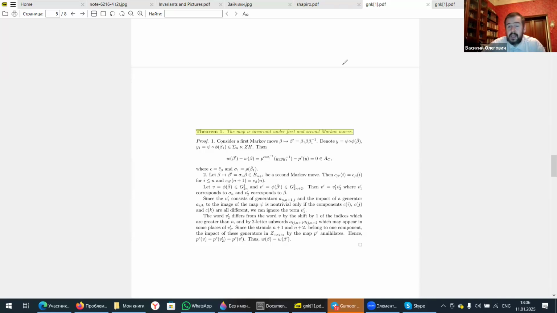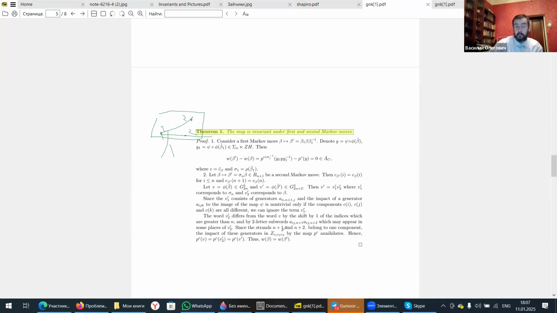Actually, there are many questions concerning this construction. Maybe we can choose not only 3 strands, but n strands if we have a link with n components, or maybe more, and maybe there are other ways of fixing the problem of 2 different lines, 1, 2, on the same plane. So you see, there are lots of questions, and one more conceptual question is, how is it related to the